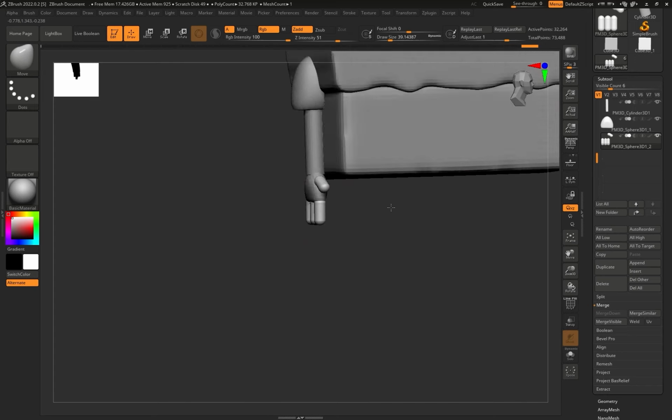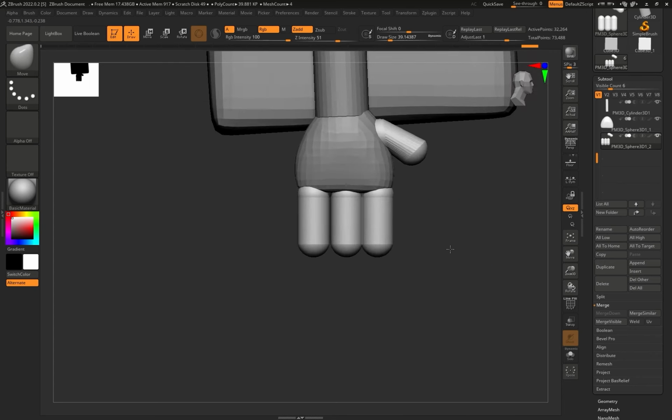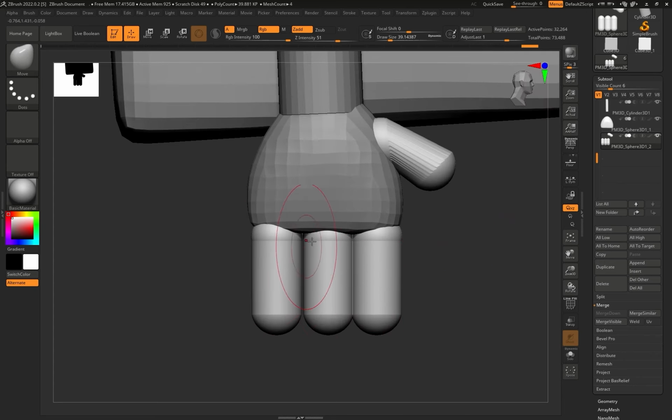Okay, like so. Okay, now we have already arms set in place with the palm,